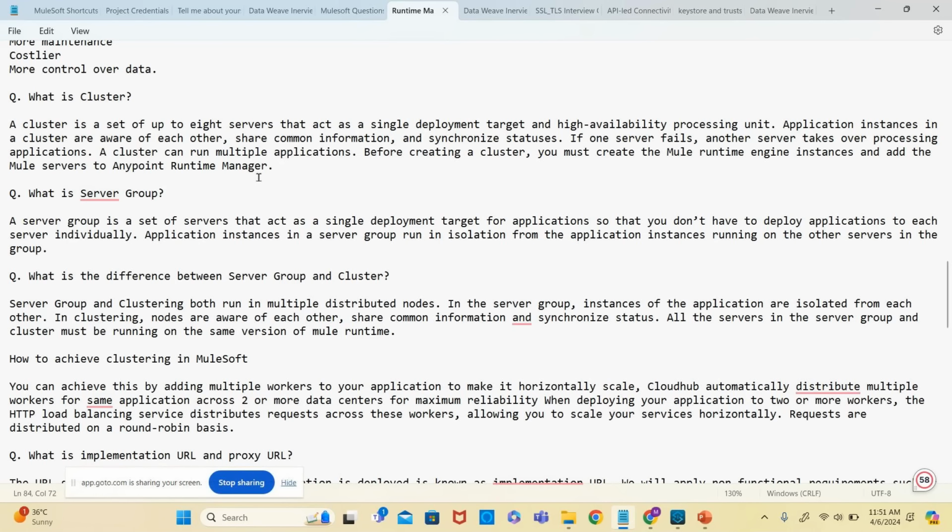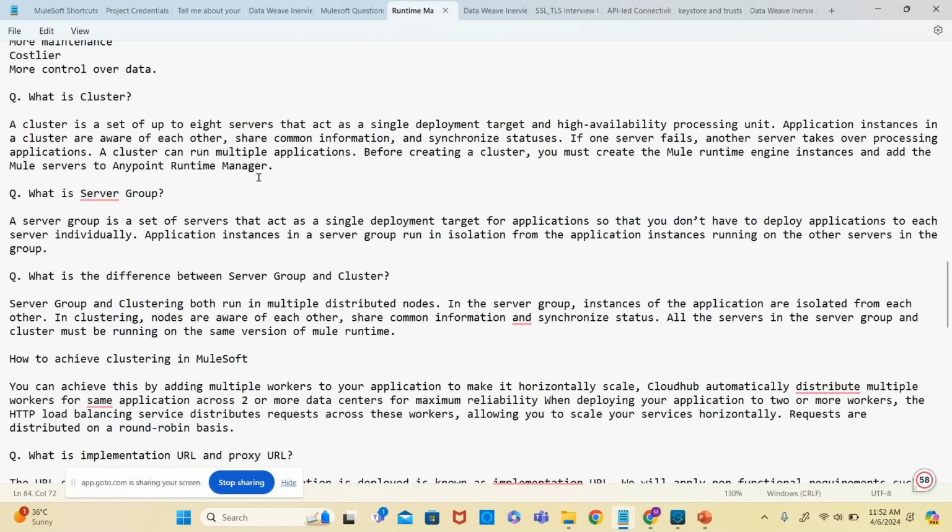What is the effort going on there? So much, right? Instead, I will create a server group and deploy using the server group. One time, the application will be deployed to all 4 servers,